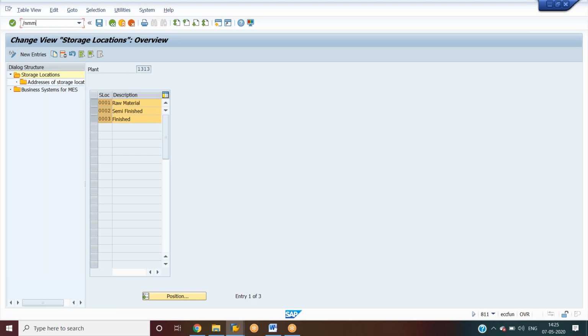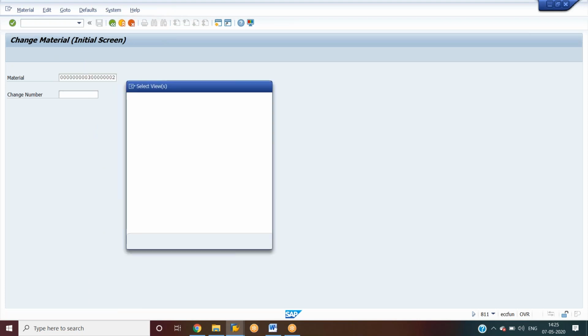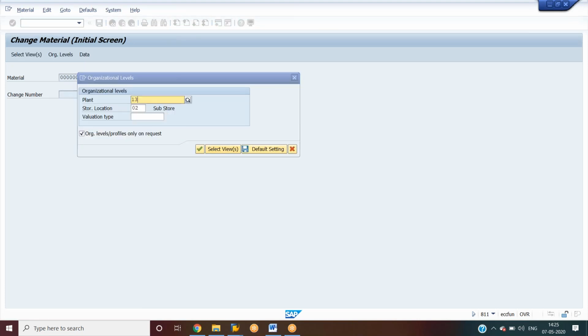So let me show you how to extend the material to the other storage locations also. So let me go to MM02, and this is the material number. These are all the views we have selected, and click on organization level, give the plant. Let me give the storage location 0003.